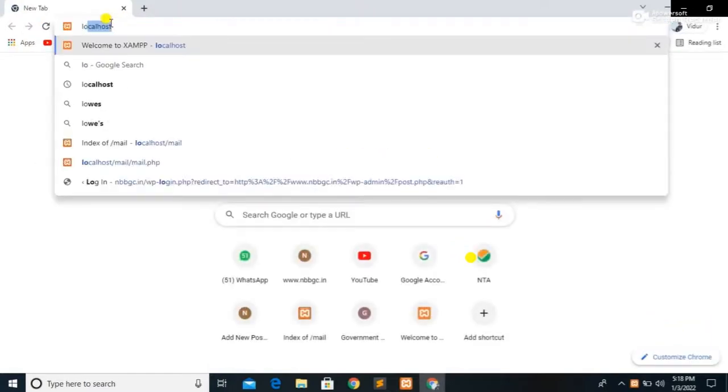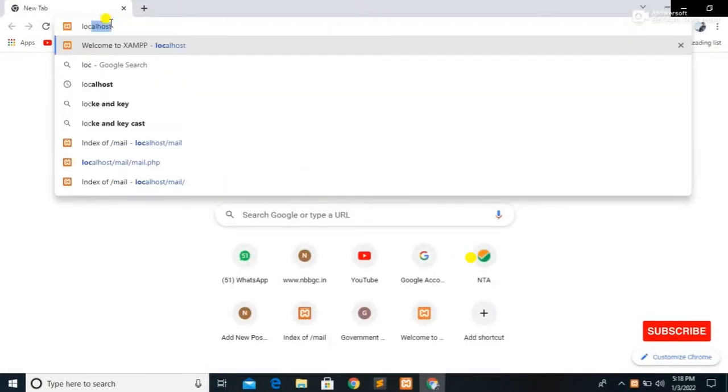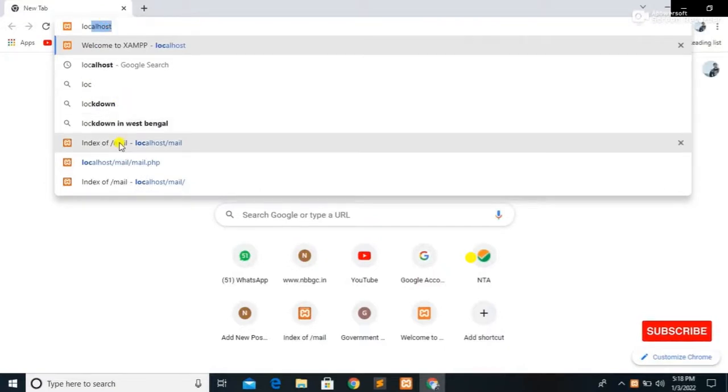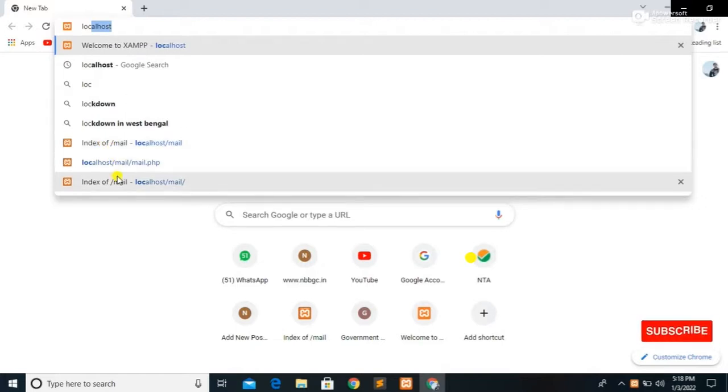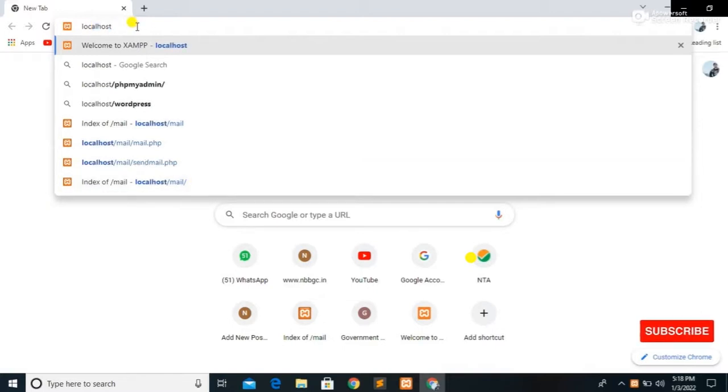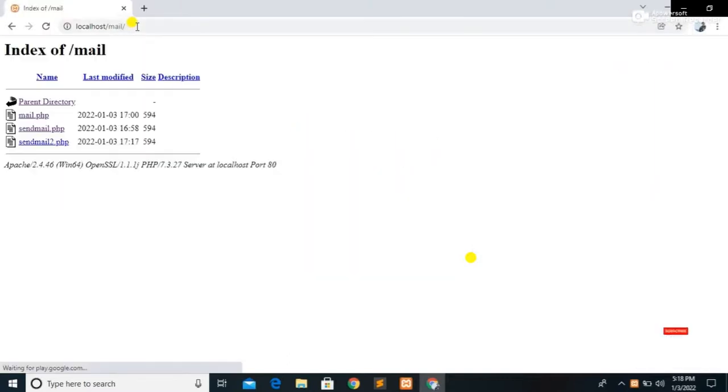Here we need to write localhost and the folder where we have saved this file. I have saved this file inside the mail function folder, so let's type mail function, and here we have the file sendmail2.php. Let's run the code.